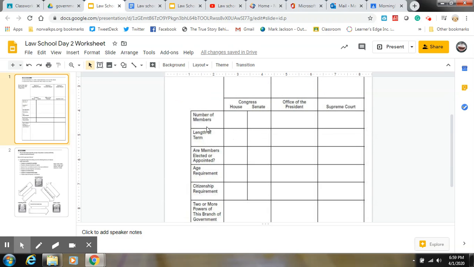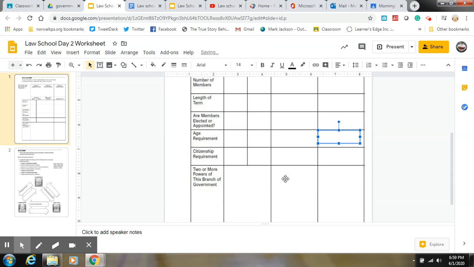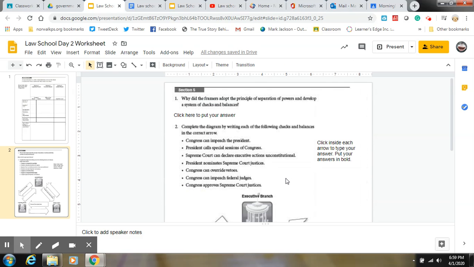Underneath are little text boxes. You will click in these text boxes to put your answers. Every box has a text box. I think I just moved one by accident. Yeah, I did. So I'll fix that. There we go, fixed.